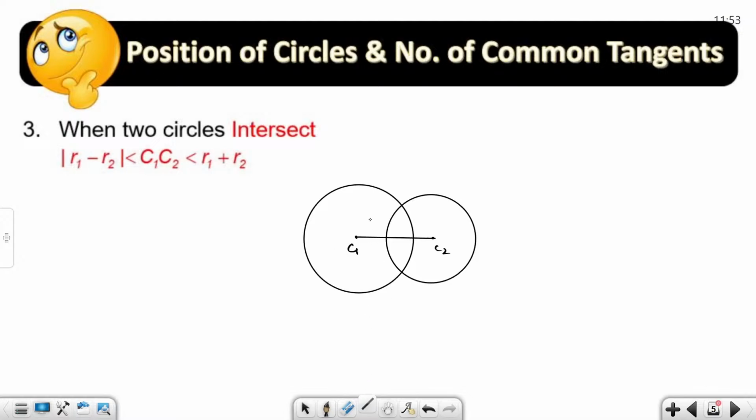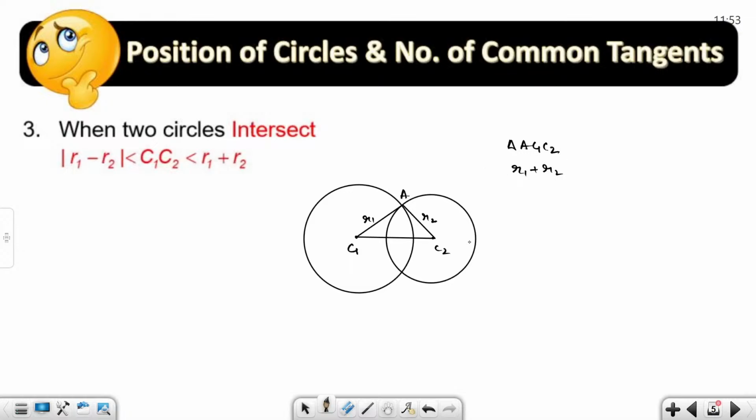Am I correct? Okay. So C1C2 is the distance between the two centers of the given two circles. And this is the radius of the first circle, which is R1. And this is the radius of the second circle, which is R2. Now, what is the condition that these two circles will intersect each other? If we observe, in the triangle which is formed, the triangle AC1C2,